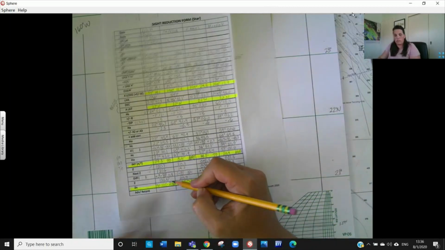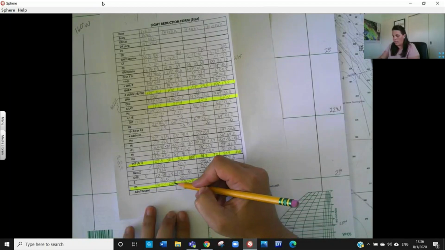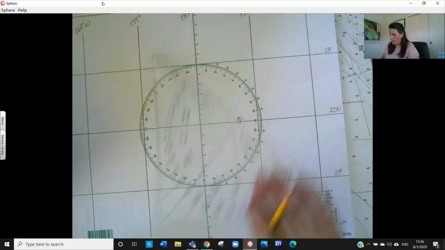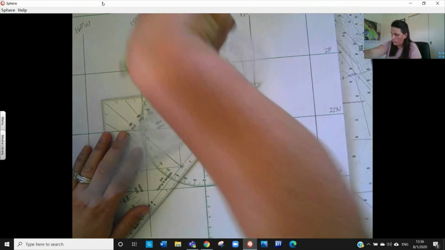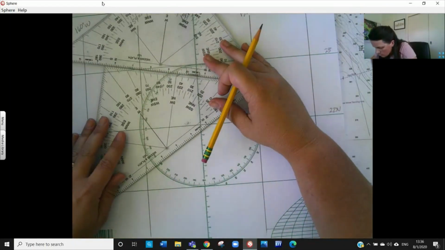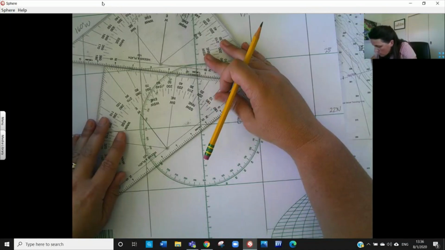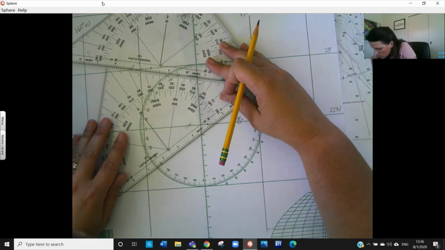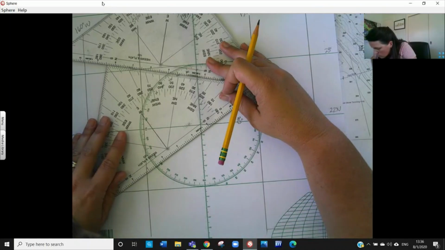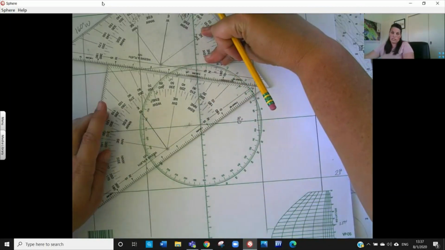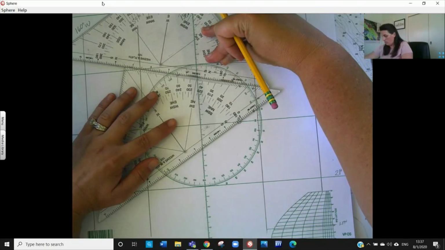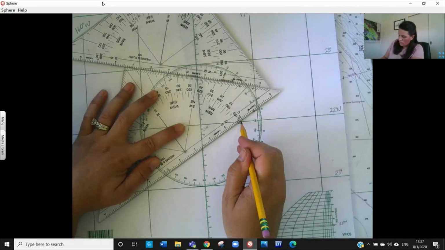So I'm just going to draw my azimuth line of 238.5, so about 239. Okay, there's my 239. I'll bring it over to my assumed position, and I'll